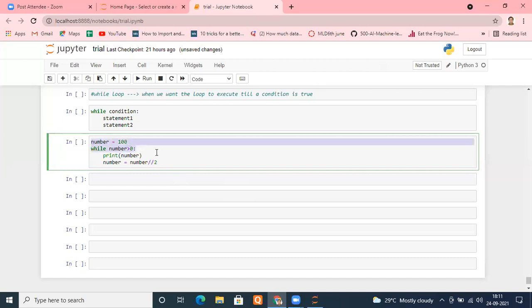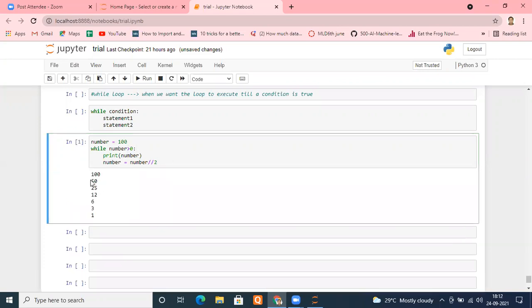Okay, now no problem will be there. If I run this loop, first of all, number will be 100. So first the condition will be checked: number is greater than 0? Yes, it is true. It will print my number. So in the first case, 100 will be printed. After that, the number's new value will be number integer division by 2, so I'll get 50. Now I'll go back again and check. The number has become 50, so it will check 50 is again greater than 0. So it will print 50. Now the value of number will be updated. This time it will become 25, and so on till this number becomes less than or equal to 0. So let me run this and hope you can see that.